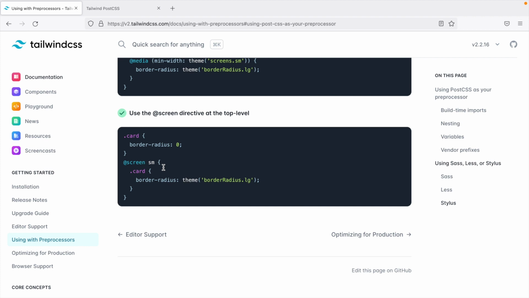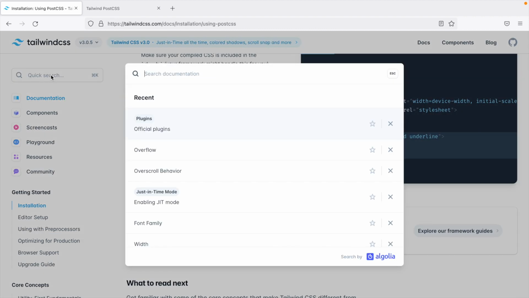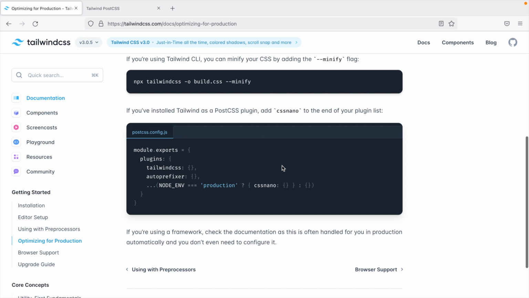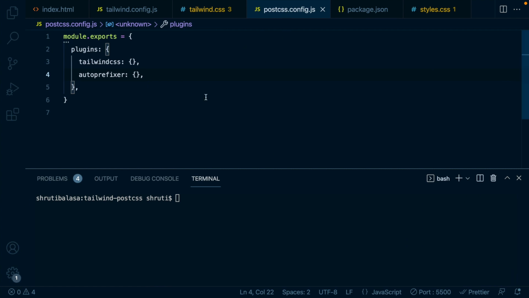Let's go back to the documentation and check. In the documentation, let's search for minify, optimizing for production. Yes. And here, if we come down, yes, you will notice that you need to add this in your postcss.config.js to use cssnano to minify your CSS. So let's copy this line, and within the postcss.config.js at the end of the plugins list, add this, but this is not going to work. You need to add a process.env.NODE_ENV. Again, don't ask me why, because I have no idea. This is what works. And if you know npm and PostCSS and all of those, you can explain this better